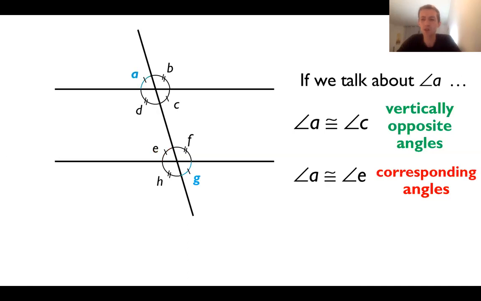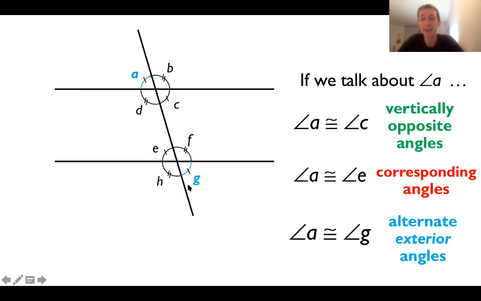And A is also the same as G. These are not vertically opposite, they're not corresponding. We've got to come up with another term for this. So A is on the left of the transversal, G is on the right. They alternate sides of the line. They're on the outside part of the parallel lines. We've got an interior region inside the parallel lines, and we've got exterior regions outside the parallel lines. Well, these I'm going to call alternate exterior angles because they're on the opposite side of the transversal and they're outside, exterior to the parallel lines. So you're going to hear these words quite a bit as you go through math down the road.